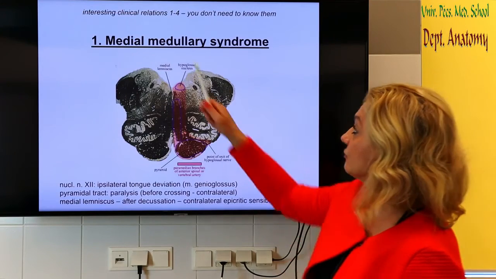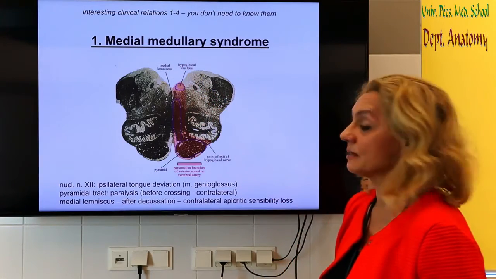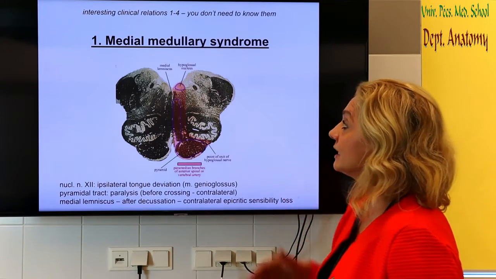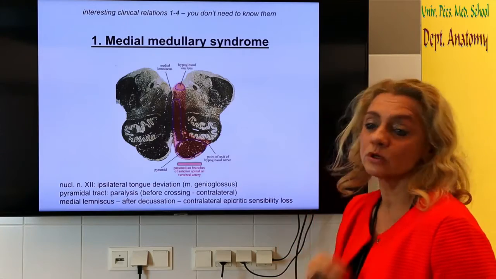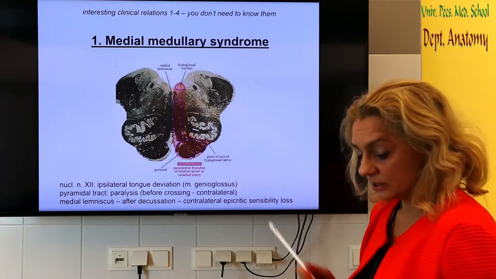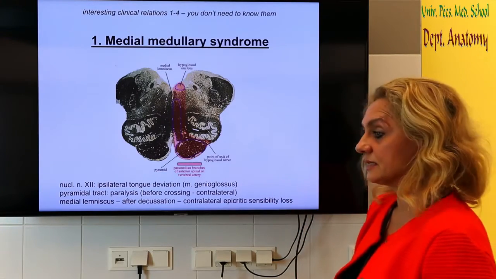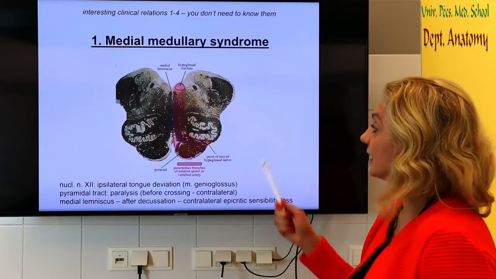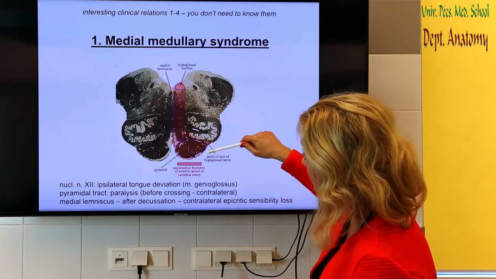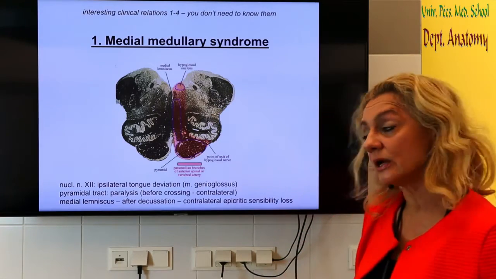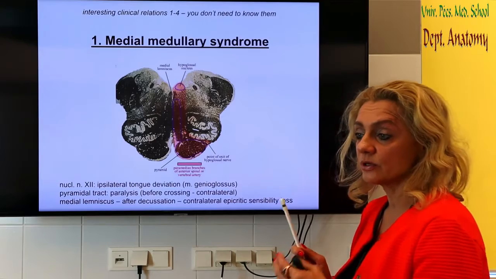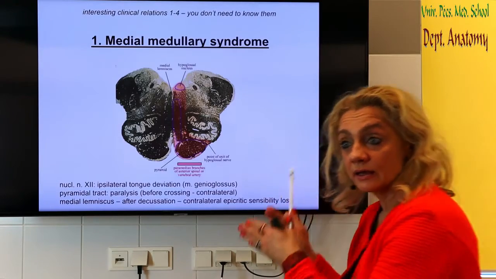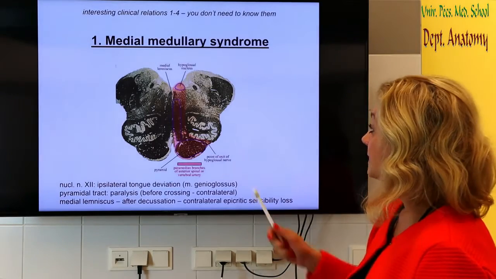And in the last few minutes, I just like to touch some clinical conditions. These are interesting clinical relations. These won't be asked in the exam. Only the facial nerve palsy that I mentioned is going to be asked in detail. I just want you to see that even later these positions where the pathways and the nuclei are can be very important, because depending on which part of the brainstem is lesioned will determine the symptoms.